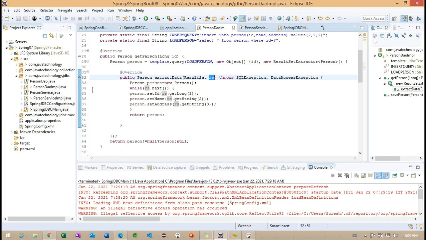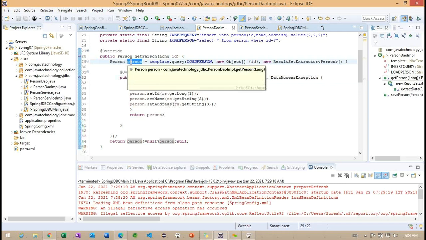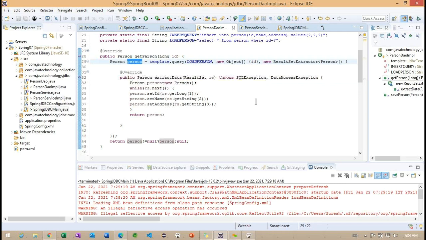Can you repeat, line number 29? Here, you just mentioned this person class. That means whatever is returned from this query, we are assigning to the person object. Observe. How we are returning this person: it is returned from the extract data method, not from the query.